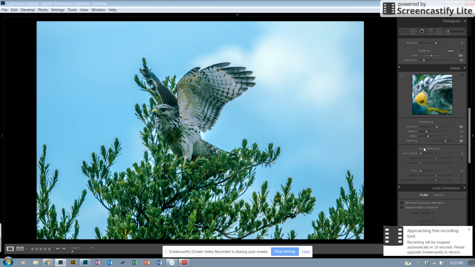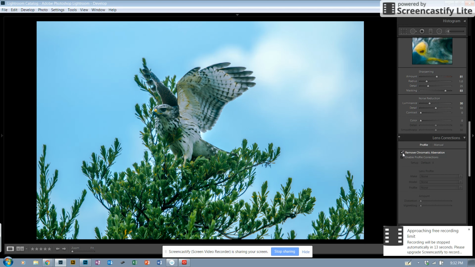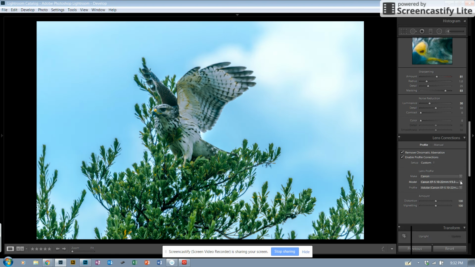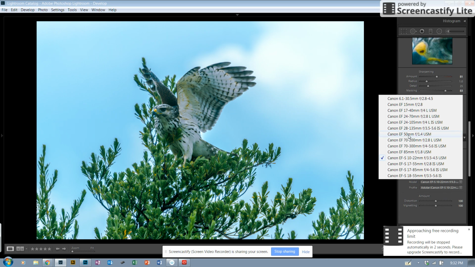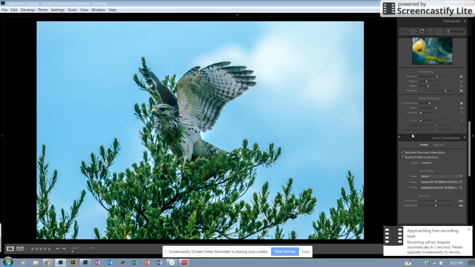So then we're going to mess with some noise reduction, push that up to about 20. Do the remove chromatic aberration, which I'll cover in the next video. Initial profile, it allows you to set up for your brand of your camera and your lens type. So let's just go with that. It pops